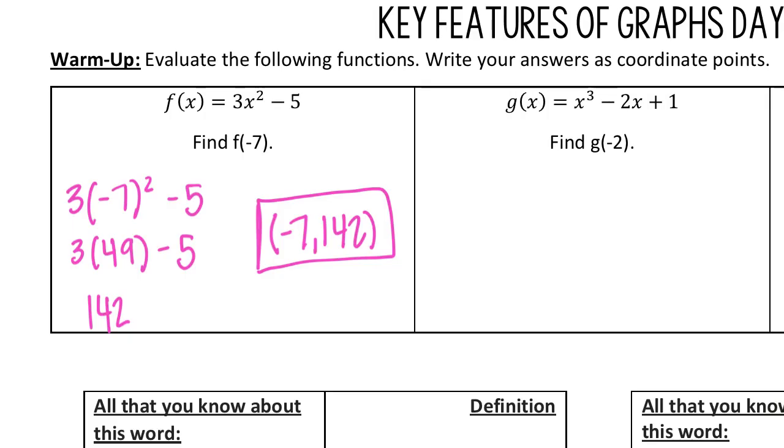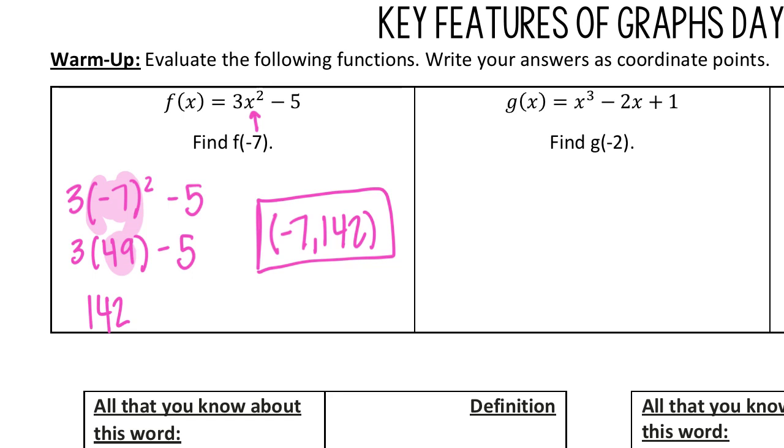In this first example, you should have plugged in -7 in place of x. Keep in mind that when you square a negative number, it becomes positive. -7 squared is -7 times -7, making it positive 49. If you plug that into your calculator, please make sure that you wrap that -7 in parentheses. Otherwise, if you leave the parentheses off and just write -7 squared, it'll tell you it's -49, which you mathematicians